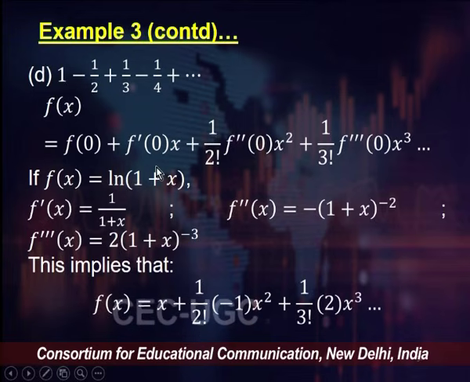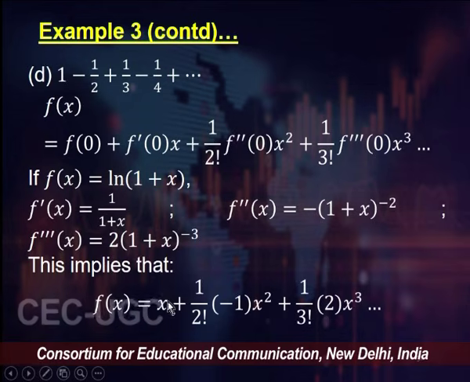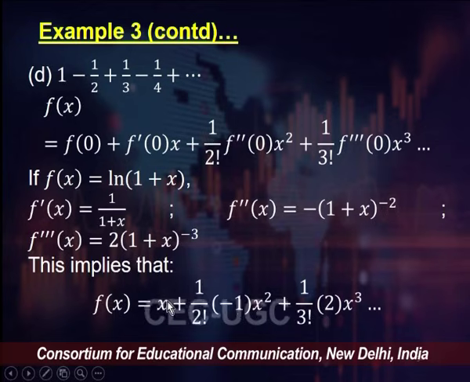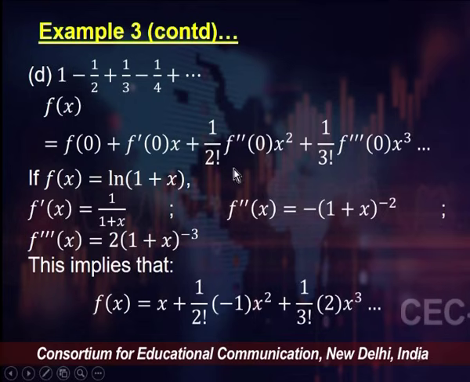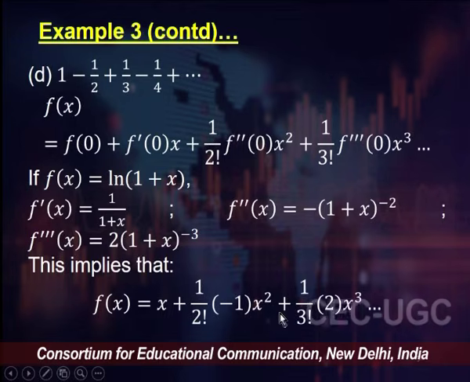F prime at 0 is nothing but 1, because if I put x equal to 0, I am going to get 1, right. So, that gives me f prime at 0 times x. So, I will have an x here for f of x in the Taylor series plus 1 by 2 factorial. What is f double prime at 0? F double prime at 0 would be minus 1. So, I am putting a minus 1 here times x squared from the formula plus 1 by 3 factorial,